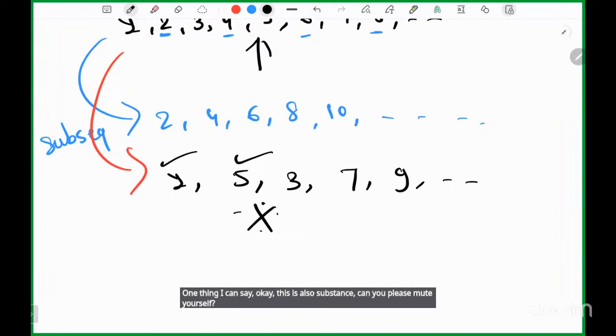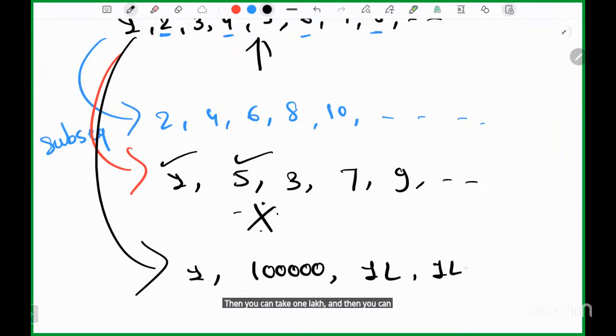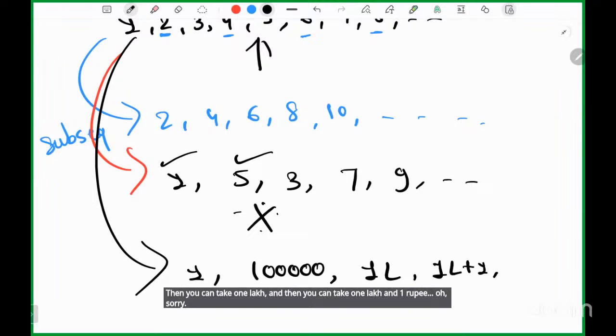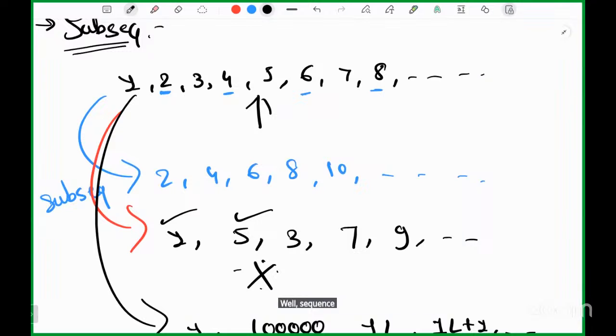Okay, so it's okay if a subsequence does not follow a pattern. That's not an issue for us. You can also take 1, then 1,000, then 1 lakh, and then 1 lakh and 1. This is also a subsequence. It's okay if it's not following any pattern, because a subsequence means it should be a part